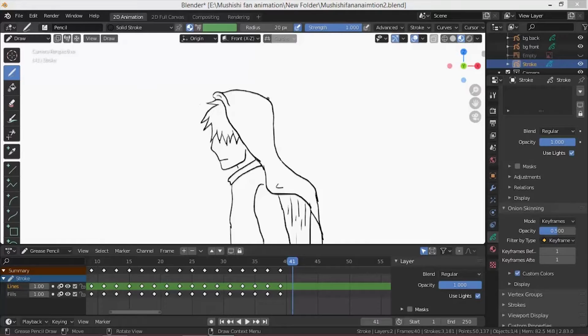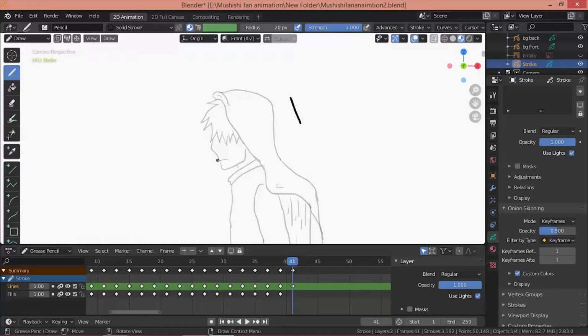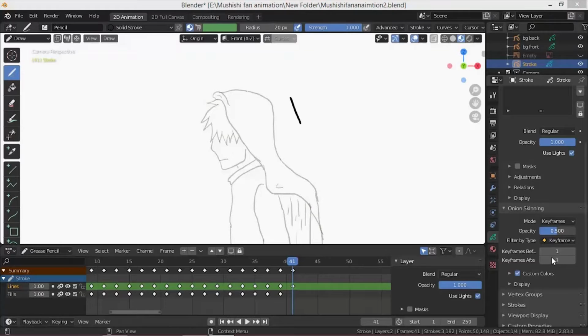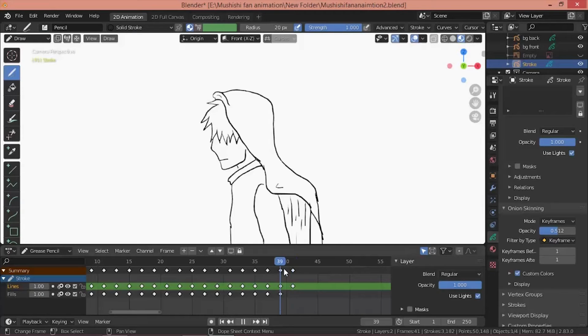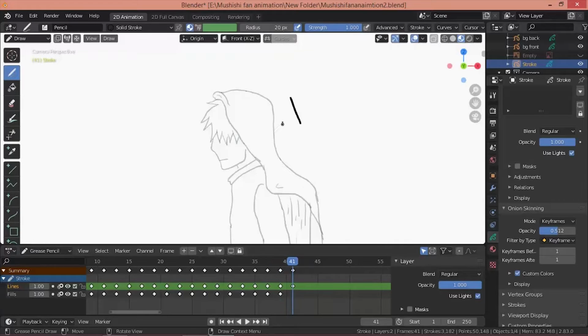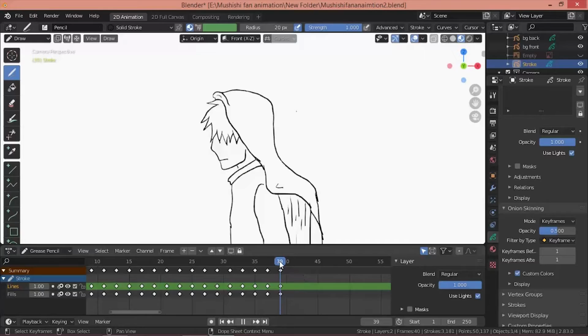And so if I start drawing, you notice the color has become slightly dull, and that shows that you started off on a new frame, and this is like an onion skin, which can be toggled off from here, like the opacity of the onion skin. So basically it's a greenish color to make us understand that it is the onion skin and not the actual drawing. And after this frame, if we go through the timeline, you will see that only this line appears because that's the only thing we have drawn. So I press Ctrl Z to undo that.